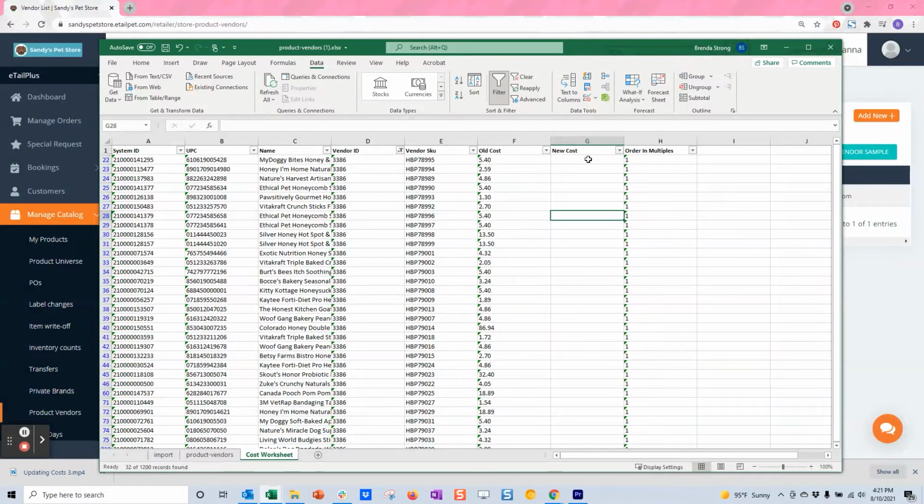So what I'm going to do is I'm going to go ahead and use XLOOKUP. To do that, I'm going to use a formula to match the UPC in this column with the UPC in my vendor catalog, and then return the new cost. So my formula is equals XLOOKUP,